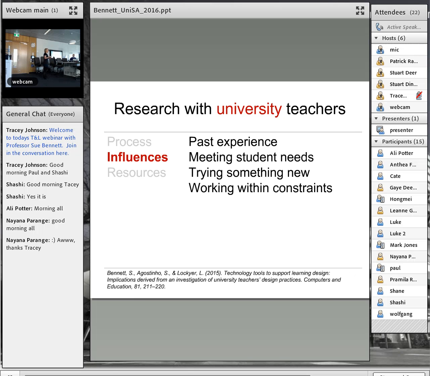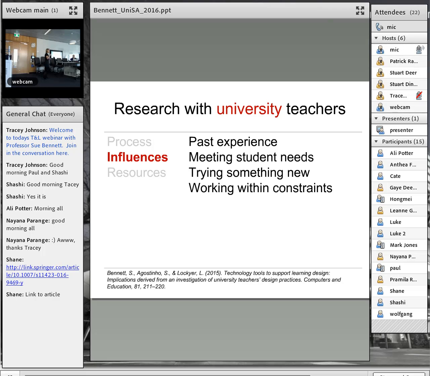Now, influences. So we had 4 themes in terms of the kind of influences people talked about. Their own past experience was really important. So what they'd done before, what they'd found successful, what they'd found not successful. They were really motivated by meeting students' needs, and so they had quite sophisticated ideas about their cohorts, particularly if they've been teaching a unit for a long time. So they're anticipating students' needs, they're thinking ahead because they've got ideas about who their students are and what they need, down to who the subsets of students are in a subject. So they'd be talking about, well, who this subject is for.